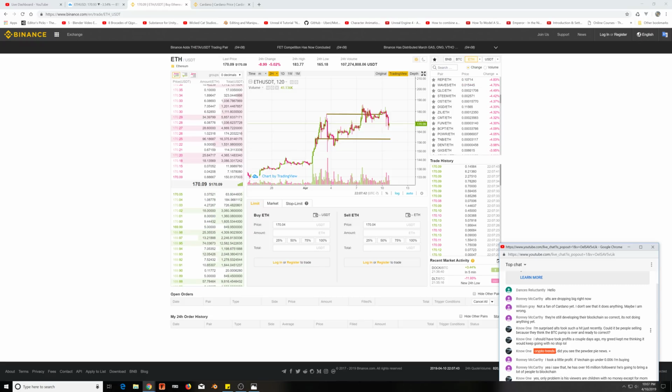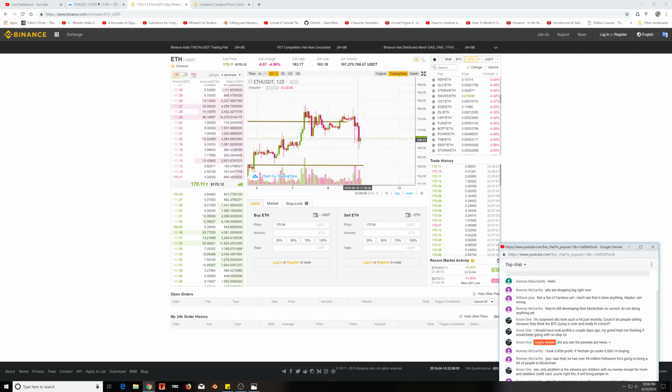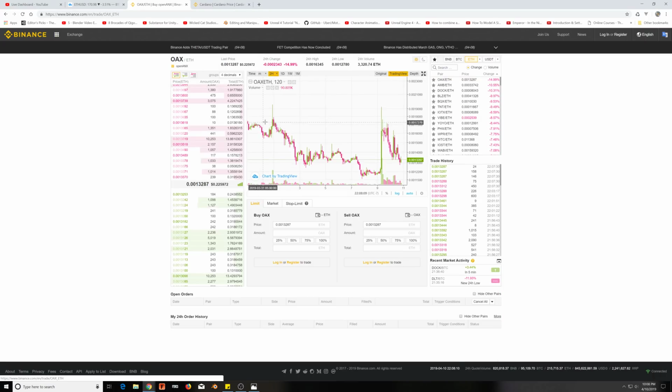And no one says, I'm surprised alts took such a hit recently. Could it be people selling because they think the BTC pump is over and ready to correct? I think that a lot of them might actually be going... well, you have a bunch of alts going down. Okay, like look at this one. OAX. It's taking a dump, but...